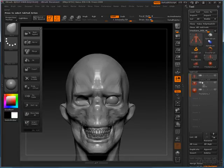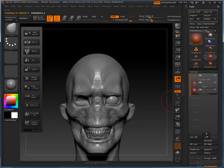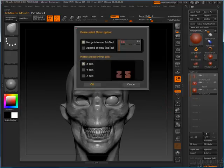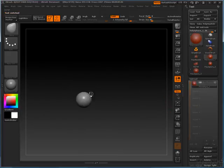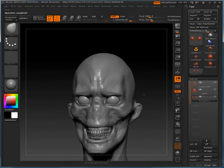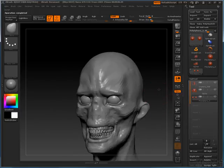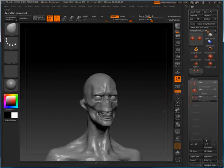And first off, I don't want to do this while I've got the body selected. I want to make sure the eyeball is selected. So click Subtool Master, Mirror, across the x-axis and merge into one subtool, and click OK. And then that mirrors the eyeballs across and merges them. This adds quite a bit of intensity to that face now that those aren't